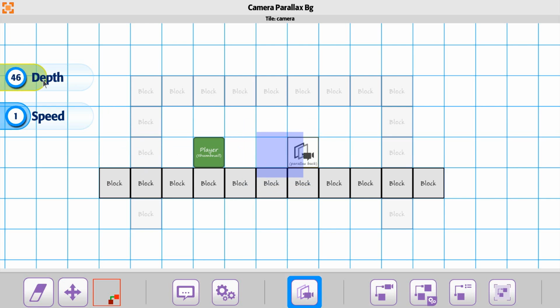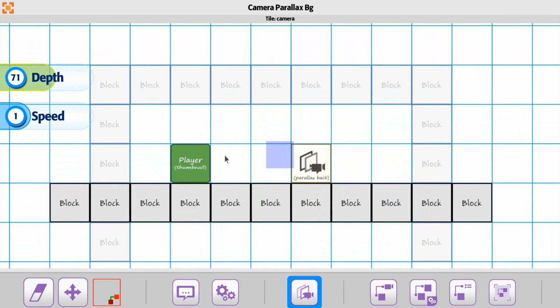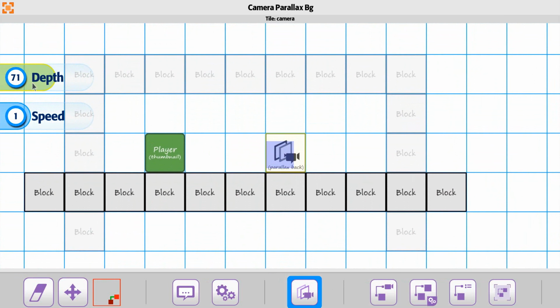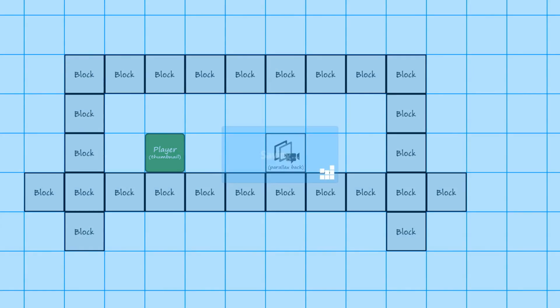What we could say is, you know what, we want our depth to actually be pretty small. We want it to look a little smaller than the tile itself. I think default is like 45, somewhere around there, and then anything smaller will start to shrink it up even smaller in the screen. Alright, so how about we'll say about 65 for it, and the speed is going to be how quickly they go back and forth in terms of the camera focusing on it, zooming in and out. Alright, so if we push play,